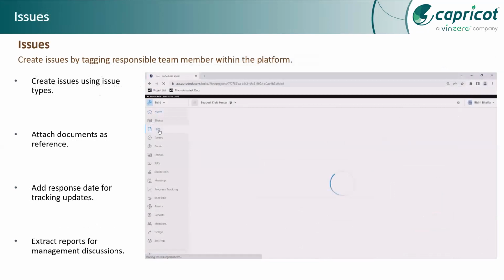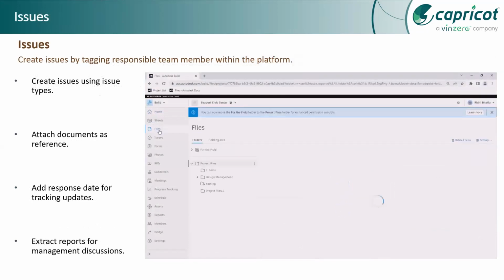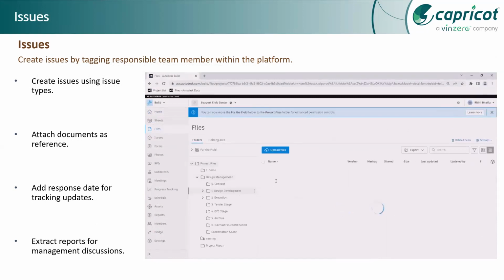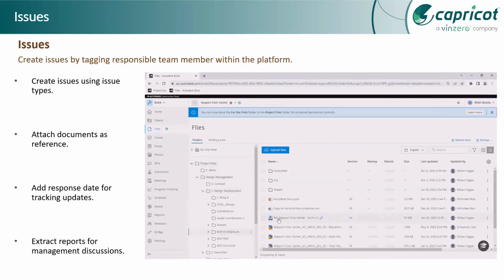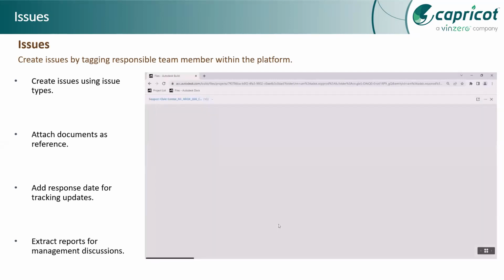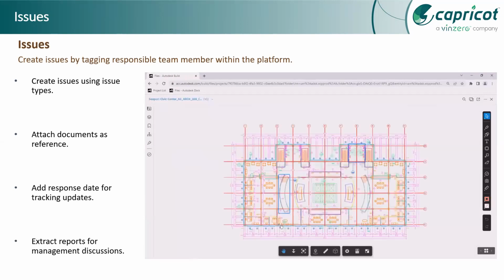So now if we talk about issues, so issues can also be used to manage quality, to assure quality. So in this platform, you can use issues, you can document issues either from the site or office. Any member can document that issues. So you know that we have docs.